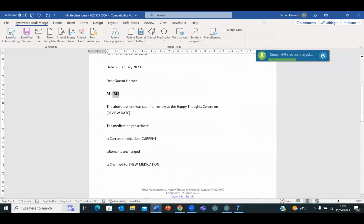All caps on, urgent change of medication. Next field. 18 January 2023. Next field. Oral risperidone 2 mg OD. Next field, aripiprazole 5 mg OD. Next field,